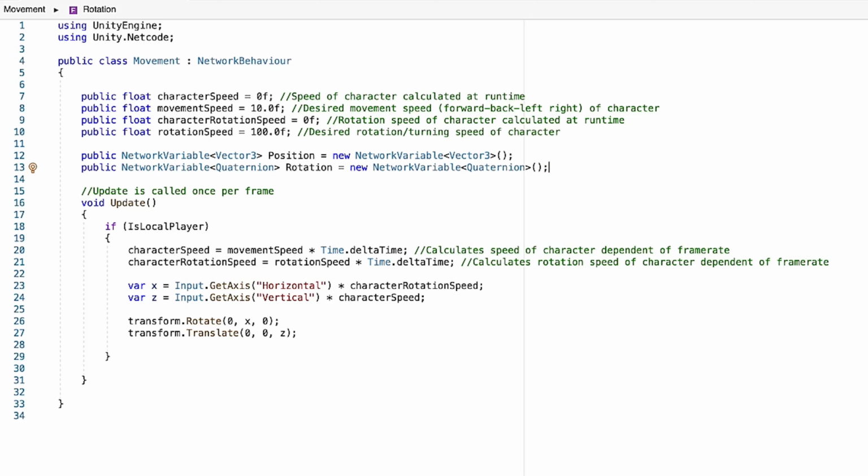As I mentioned earlier, these two variables are going to be key in order for us to track the position and rotation of our card player objects across our network during our game. But before we continue any further, I need to explain two really important things that we'll need to know about network variables. So here are the two things that you really need to know about network variables before we go any further. First, just like any other variable, network variables need to have their value assigned to them.